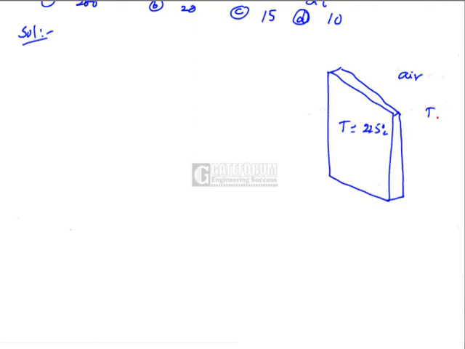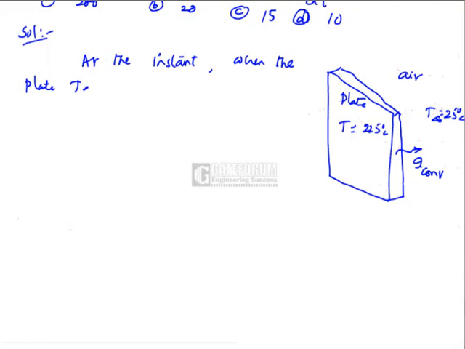The fluid is at a temperature of 25 degrees centigrade. This is the plate. There is a convection heat loss from the plate to the surrounding ambient fluid. At the instant when the plate temperature is 225 degrees centigrade,